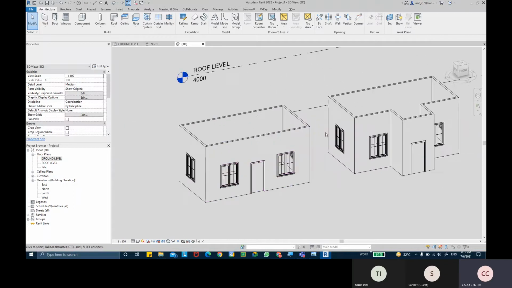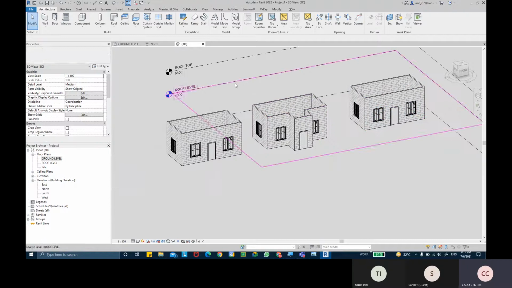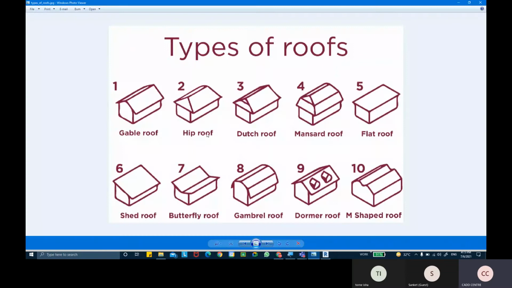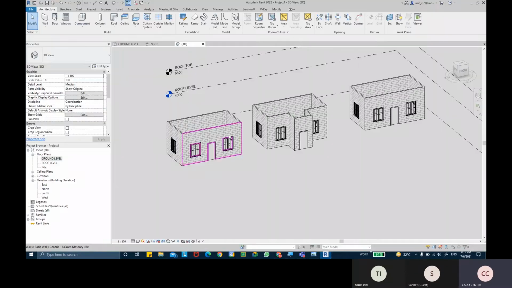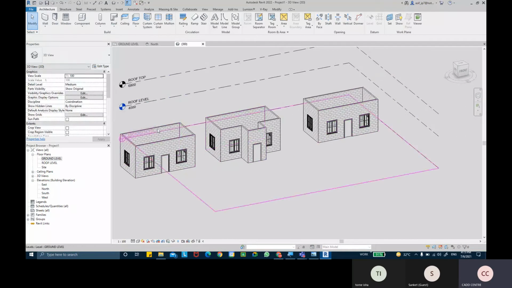But they don't have any roof on the top. So I want to create the roofing for all of these walls. We're going to try one of the types of roof. Let's say we want to create a hip roof for all of these projects. Maybe this is almost the same. So over here on both, I want hip roofing. In this type also I want the hip roofing, and over here as well we'll also take the hip roof.